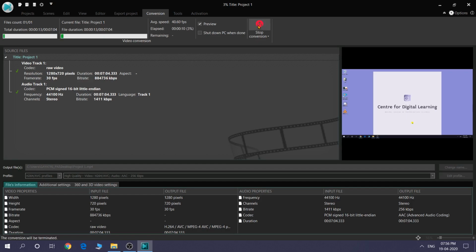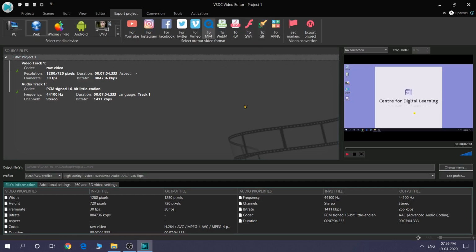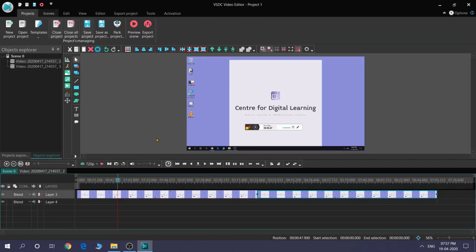Alright, so I hope this helps. You have learned how to do some basic modifications. There are other modifications that are possible where you can add an audio, add a picture, add a mask, add a rectangle, write, draw. All those options are there that we will see in the next